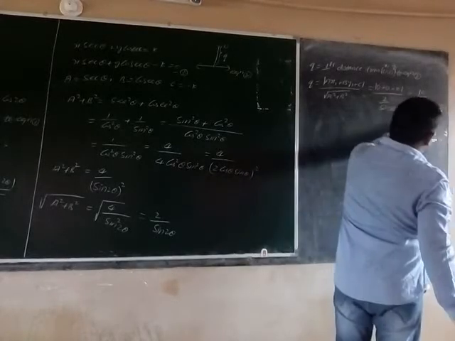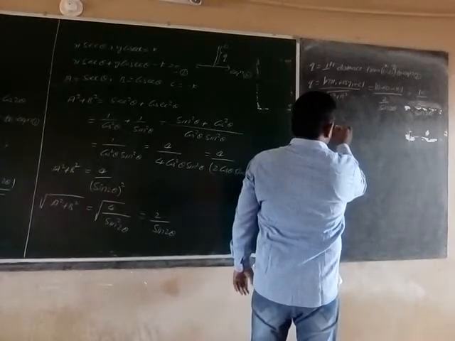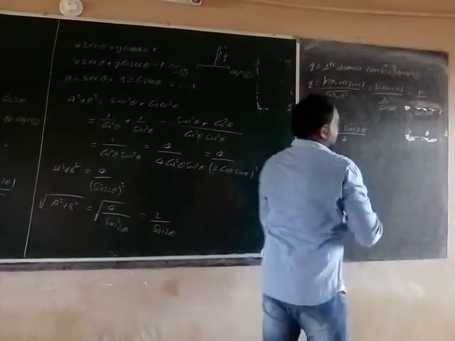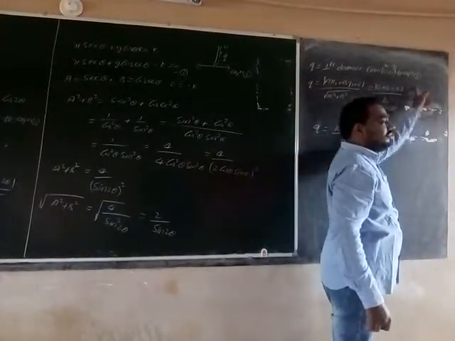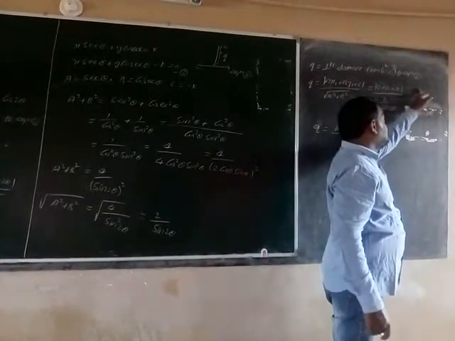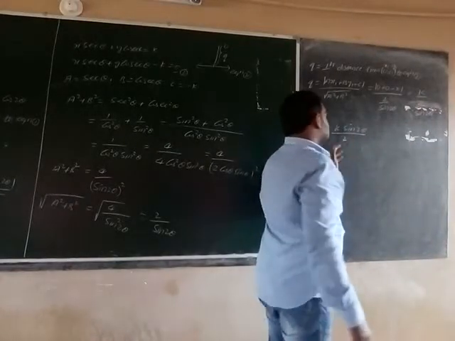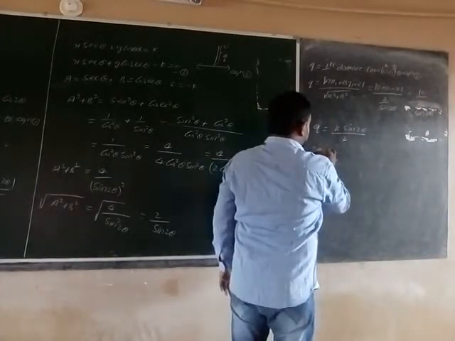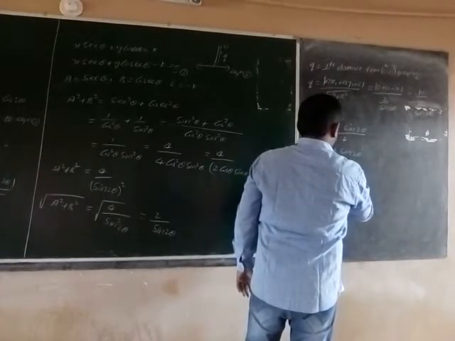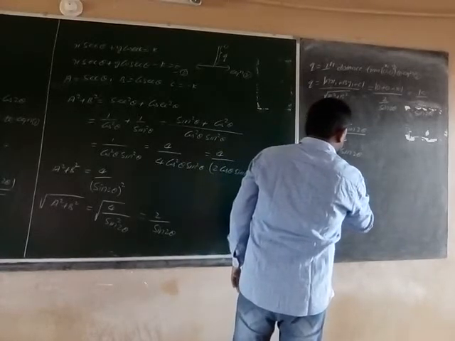So the third position is multiplied with the first position. So q is equal to k into sin 2 theta by 2. First and third positions are multiplying, second and fourth positions are multiplying. So first position k, third position sin 2 theta, those are multiplied. So now 2q is equal to k sin 2 theta. Now squaring on both sides, 4q square is equal to k square into sin square 2 theta.